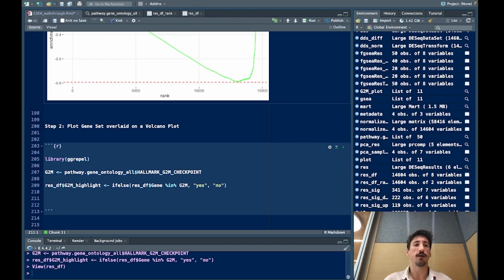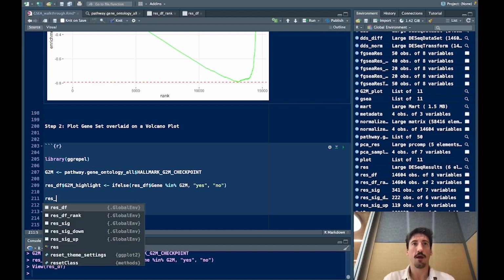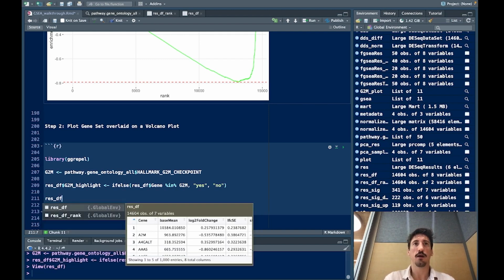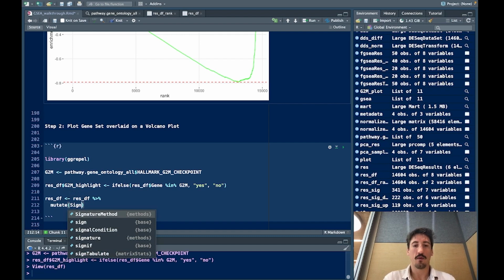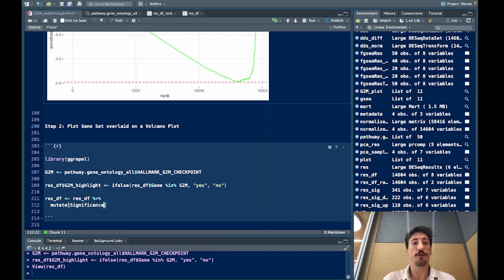And we'll be using that to plot the particular points we want in the Volcano plot. And then last, before we get into plotting, we want to create another column in the ResDF data frame where we say if the gene is significant or not. In the previous video, we had said genes are significant